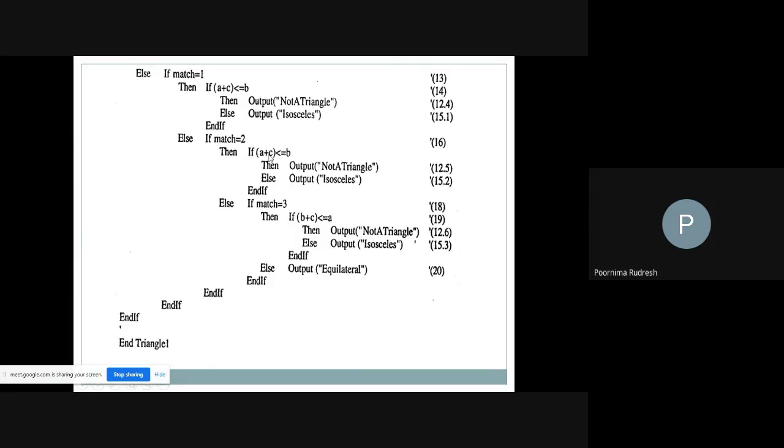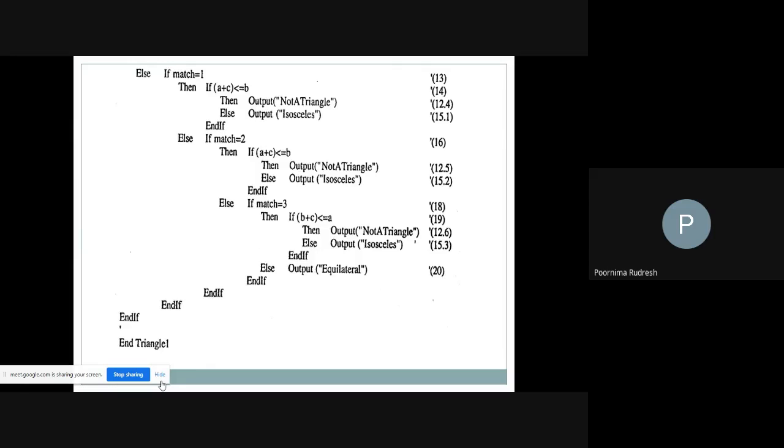Similarly for the other cases, A plus C is checked here. If this condition is satisfied, it is not a triangle. Otherwise, it is an isosceles triangle. So for all three, we are checking for not a triangle or isosceles. If all the sides are equal, A is equal to B, B is equal to C, then we say that it is an equilateral triangle.